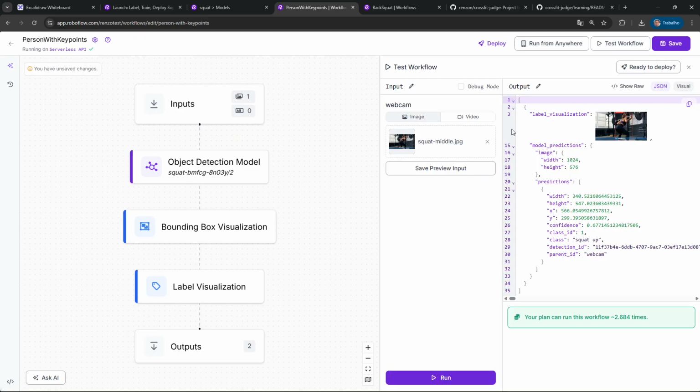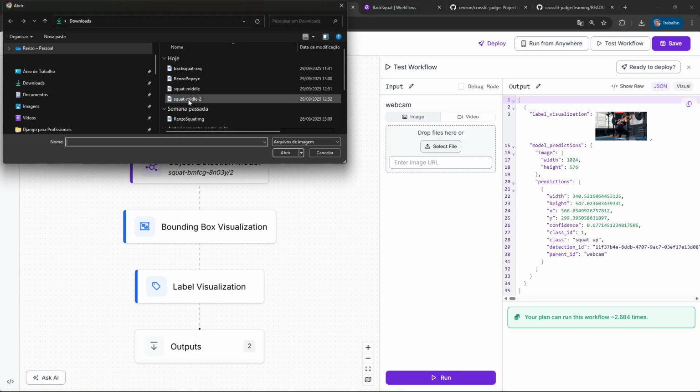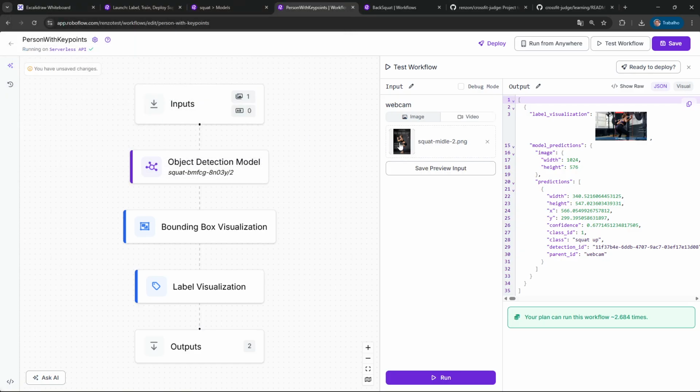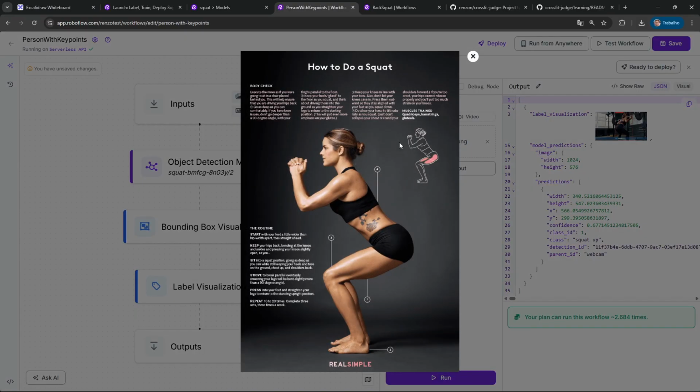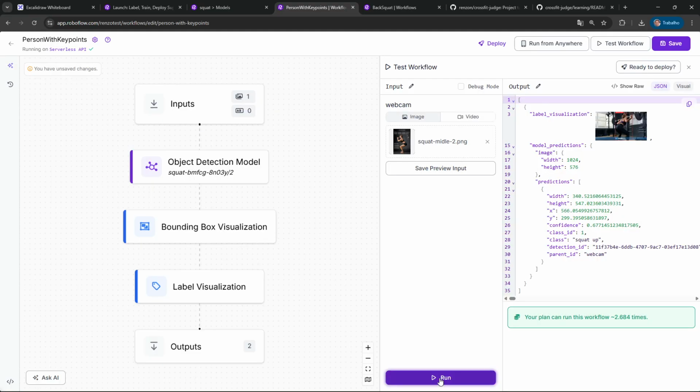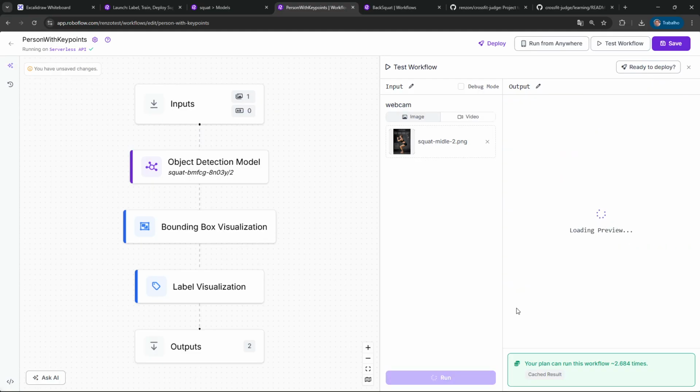And I tried with another image that I'm going to show you right now. I searched for squat middle 2, where the lady is a little bit below the first one. Okay, let's use it. Let's run it again and let's see the results.